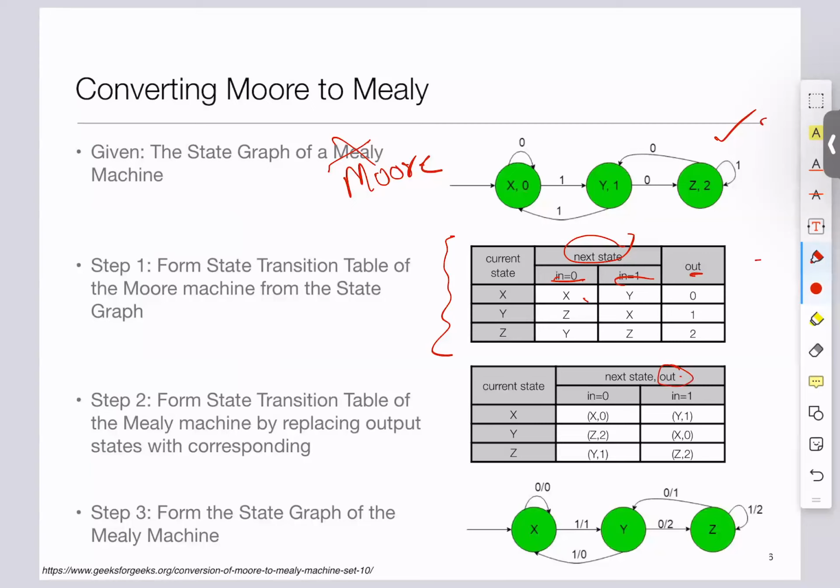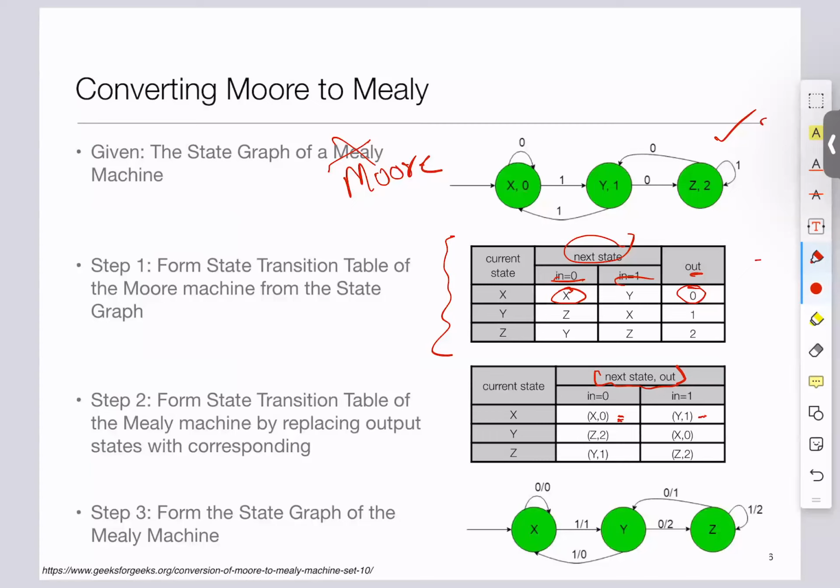Here the output was a separate column, but what we now do is write a tuple, next state and output. In this box, we have X and we have 0, so we write X comma 0. Here, when the input is 1,